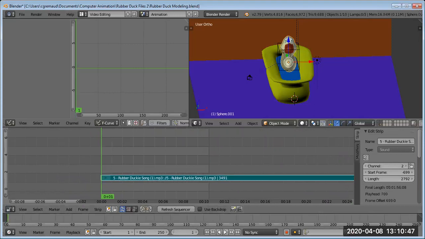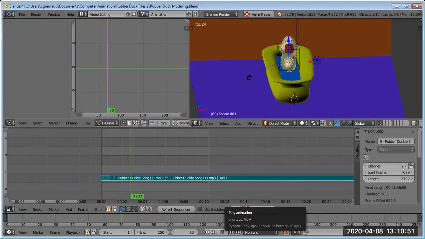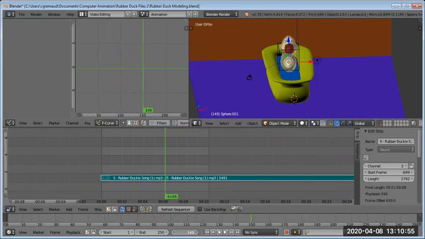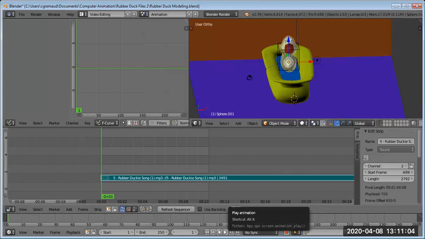We now have the song that we're listening to. So if you hear this song again, we have a couple of key things in here. One is a bump bump, and the other one is a squeak squeak. So if you listen here,